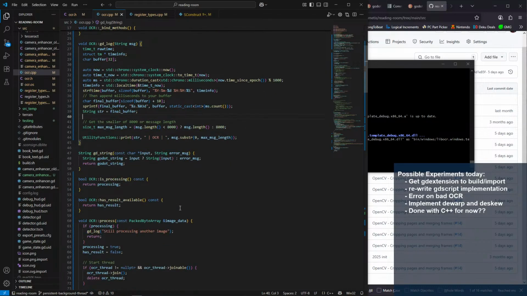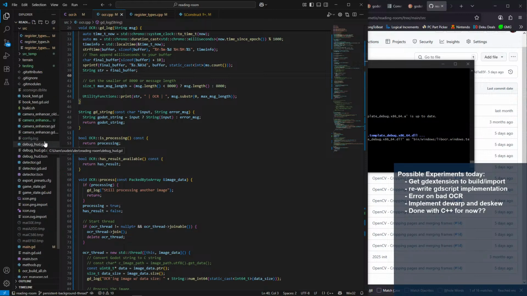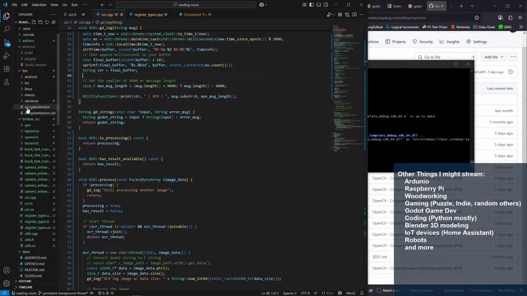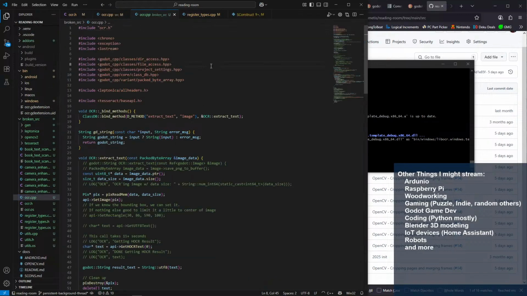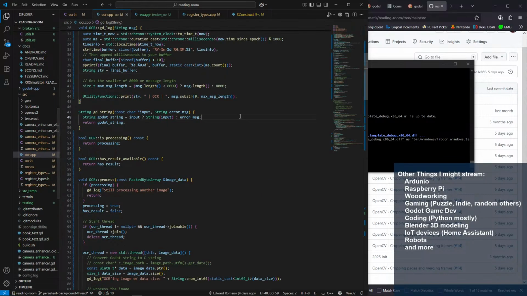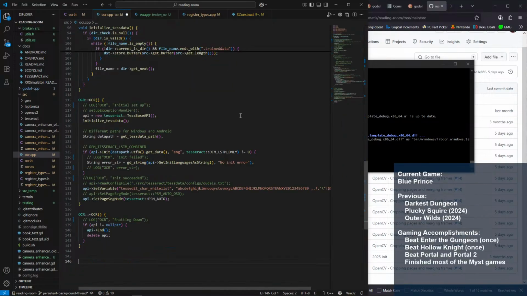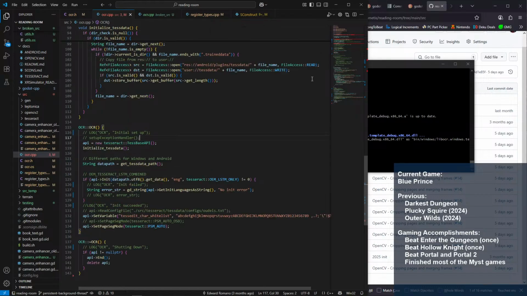And where's our log method? Okay, it was gd log. So, okay, where's our broken one? Here we go. And we will change, oh, actually we don't need that.